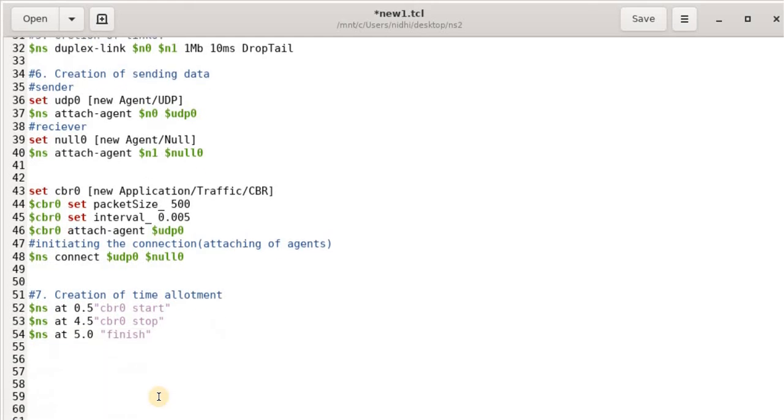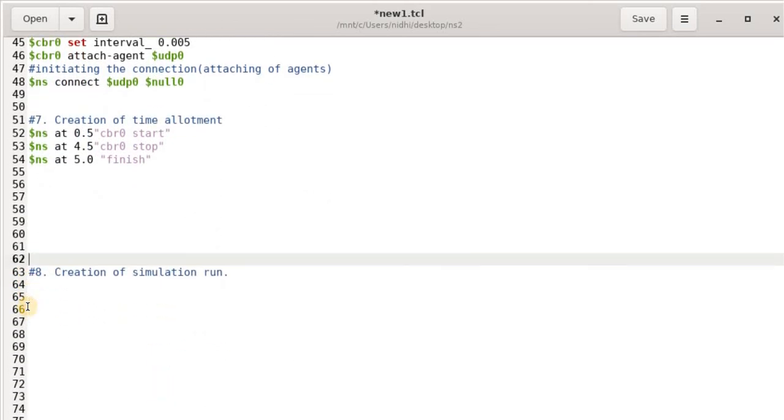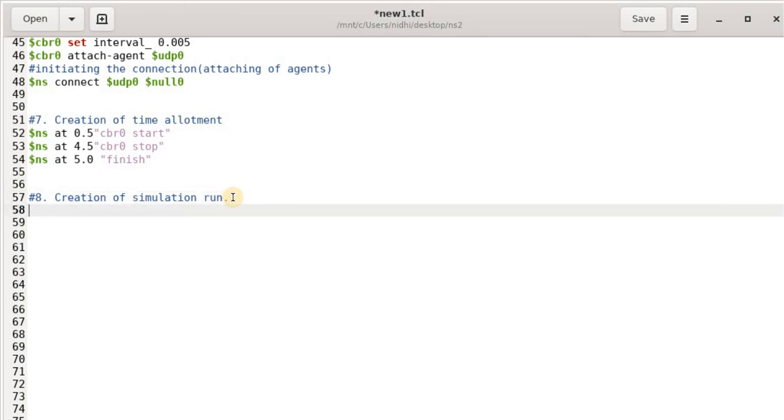And the last command should be simulation run, so that is ns run.